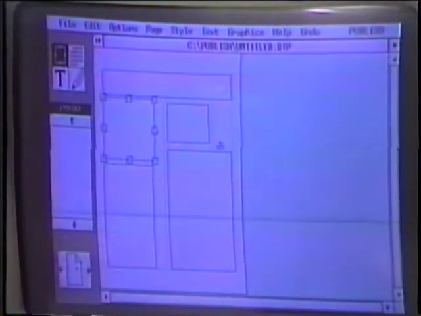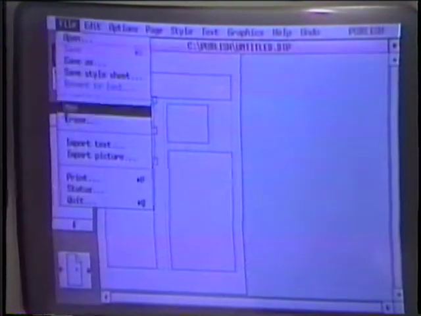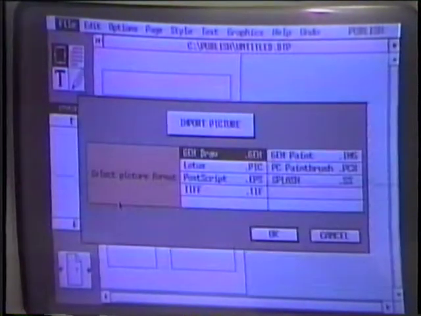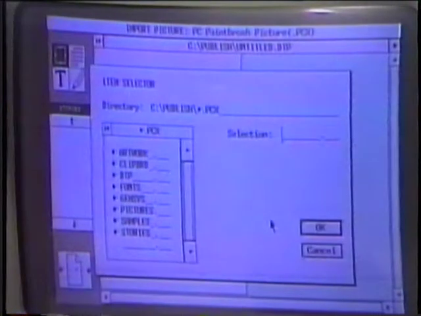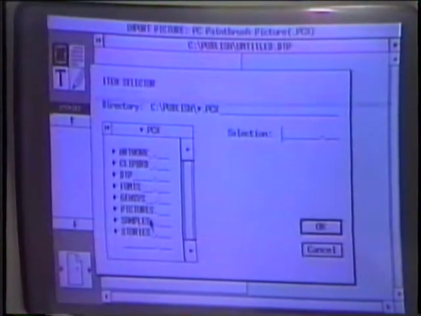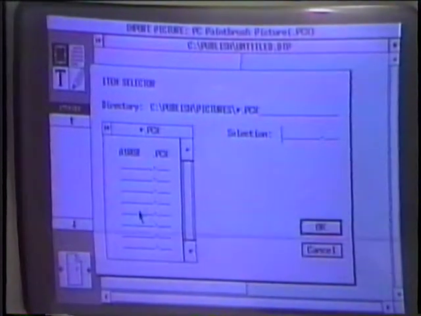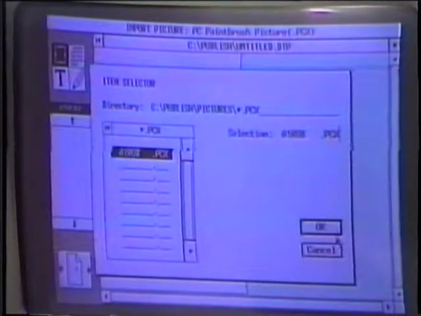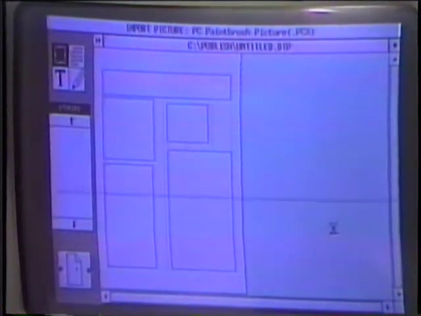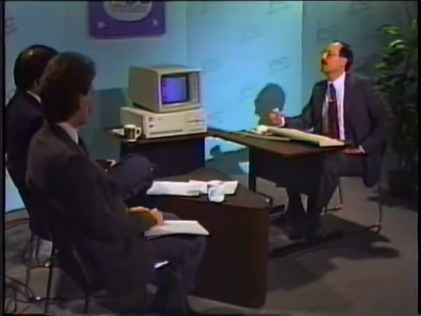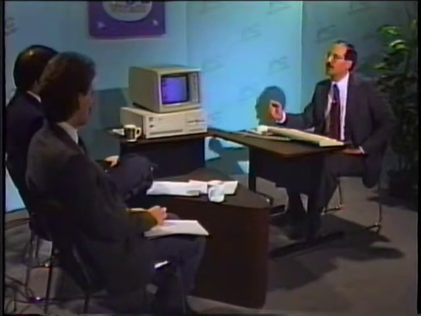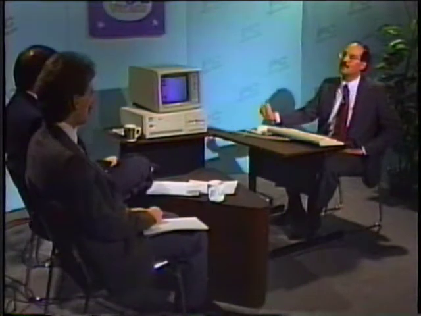And that one is empty. Popular directory, the empty one. We'll import. We'll select PCX. I'll select my Pictures directory and select a PCX file. Now this will take a few minutes. PCX file format is a rather large file, so the desktop publishing package has to read in a number of